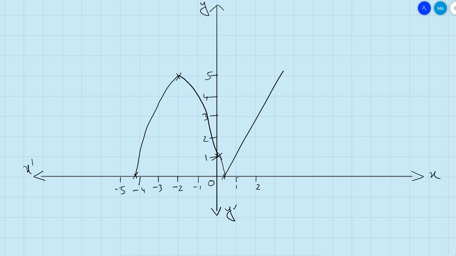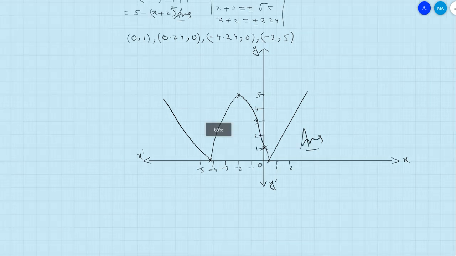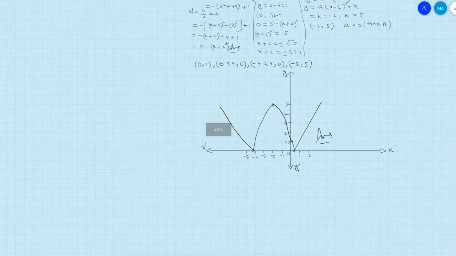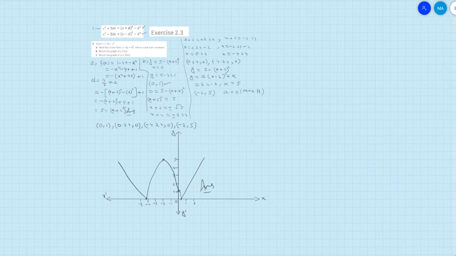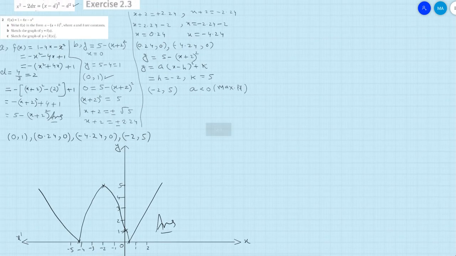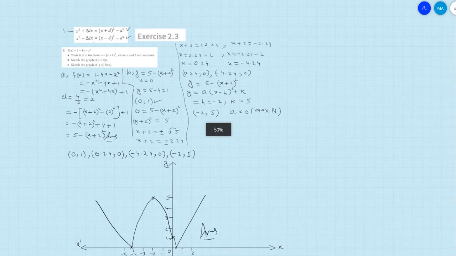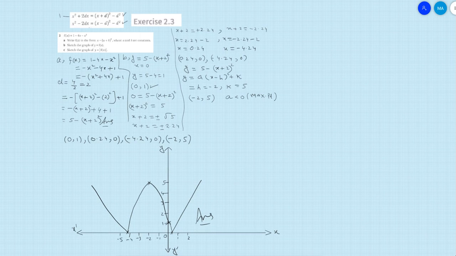Draw this line. This is the answer of part c. Hope you understand. So it is a very important question and very easy as well. So this is the final summary of question number 2, exercise 2.3. Hope you understand. Now I am going to start